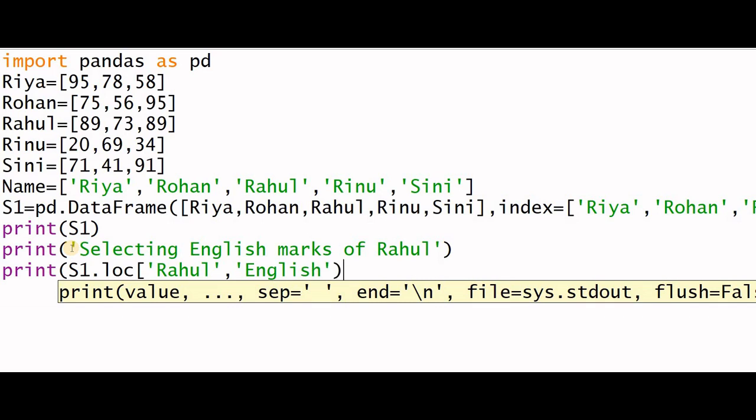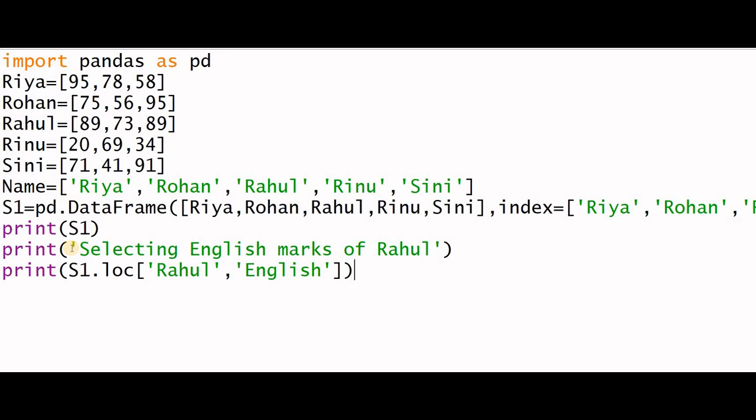First you have to close the square bracket of LOC and then the bracket of print. Now we can check what will be the output.